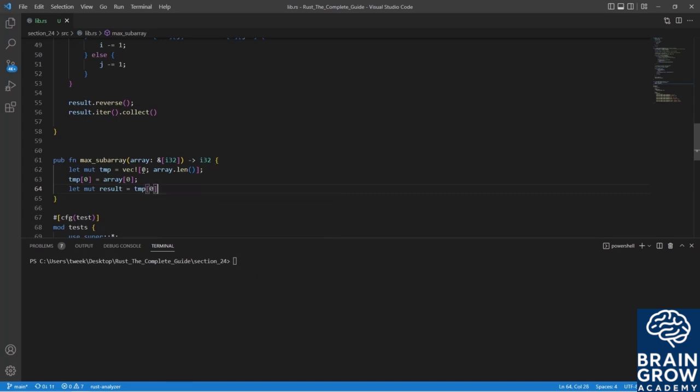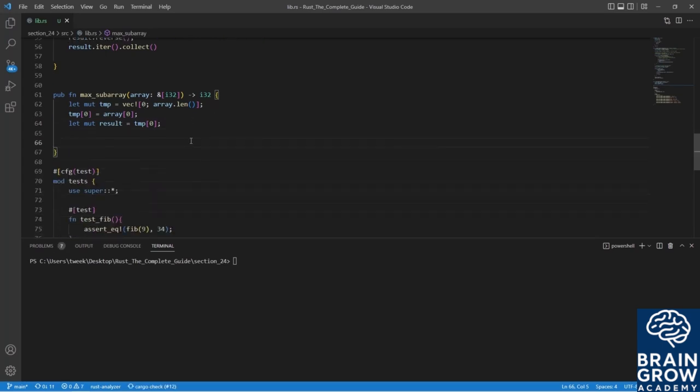We also want to create our result variable, which is going to be the answer that we return at the end of the function. Since we already started out at index 0, we can say for i in 1 to the length of the array,